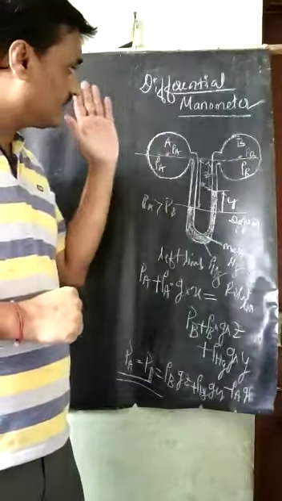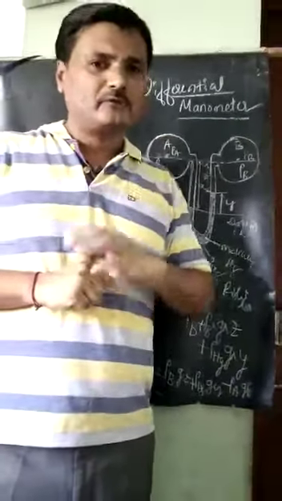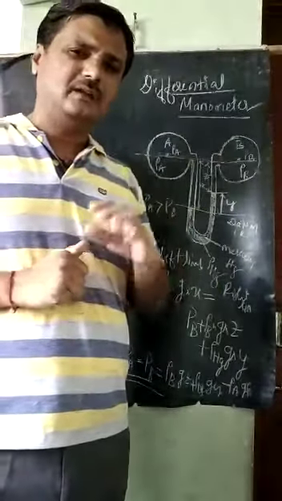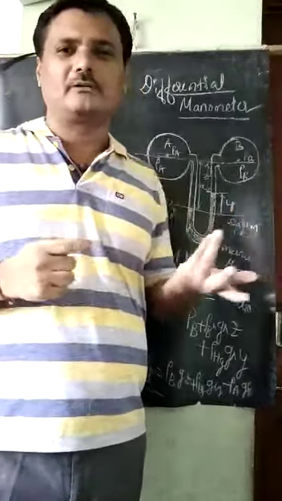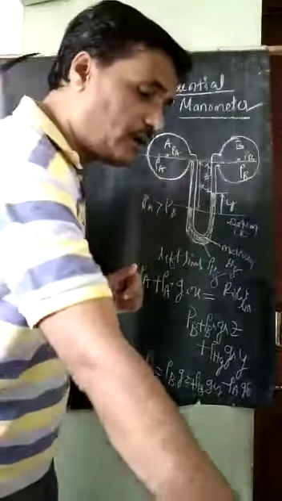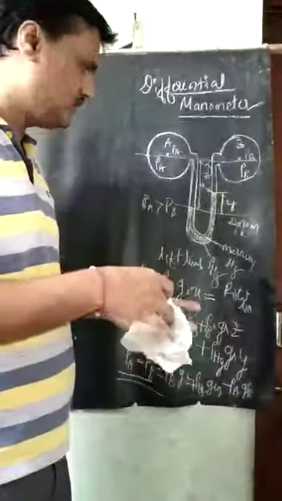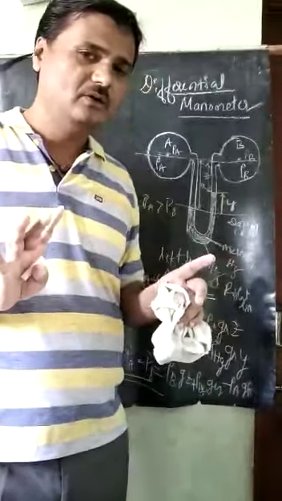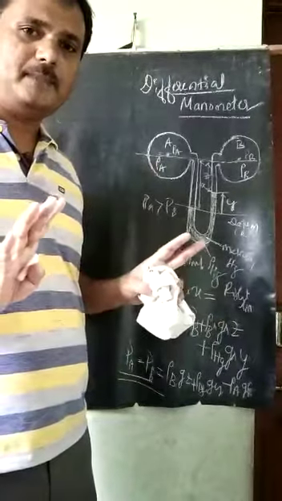So in these differential manometers, some varieties will come here. Variety means that the structure of the manometers is different. Now the pipes are at the same level here. If the pipes are not at the same level, the writing of the balance equation doesn't change here. It is the same.